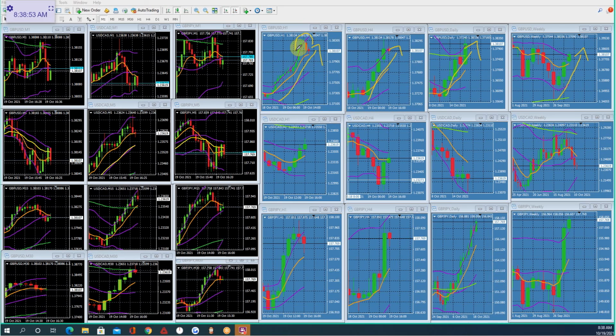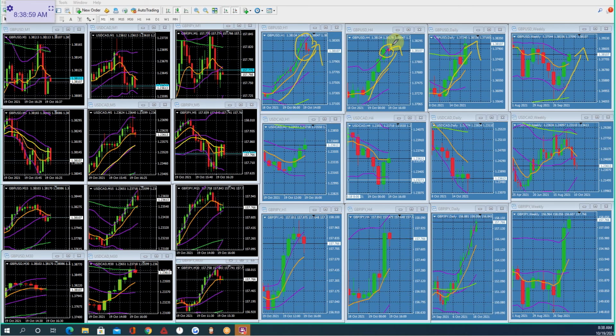The thing about the current 1-hour and the current 4-hour is that they're red candles. So that's the trend, right? We're going up, we're going up, we're going up. Now